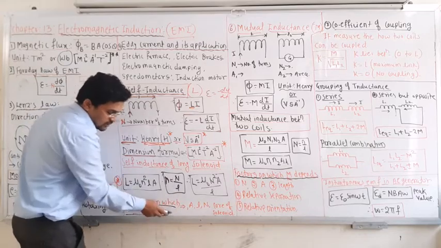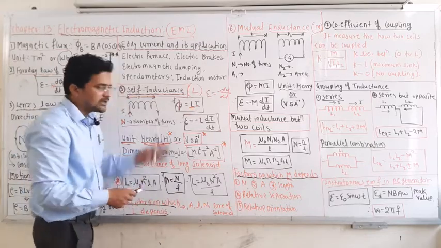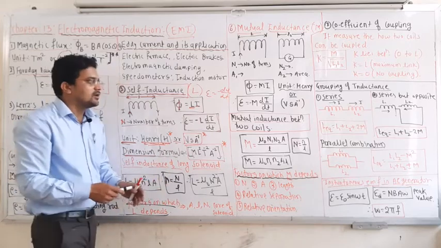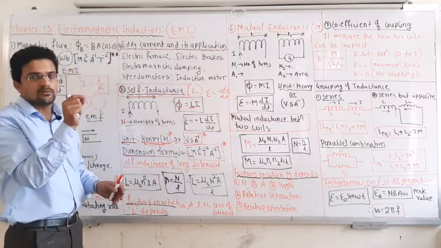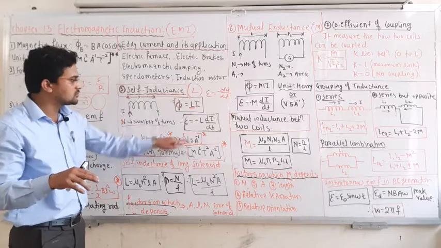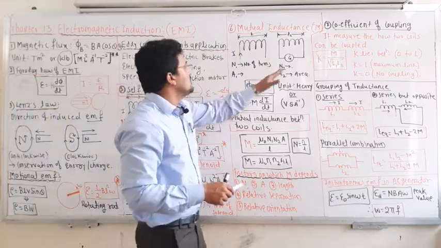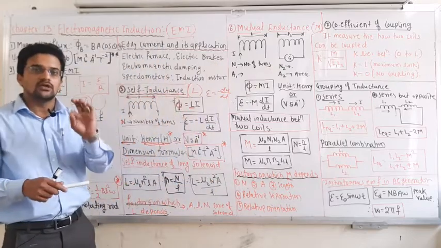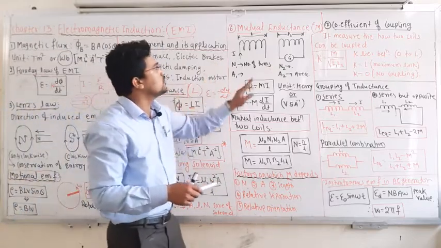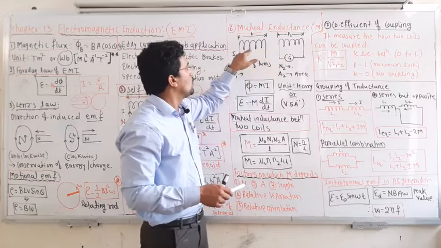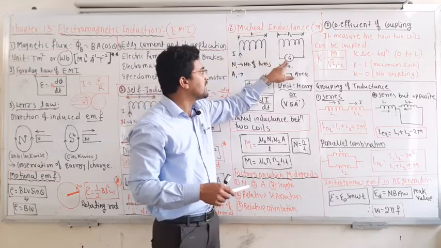Okay, so remember this also. These are the direct questions you will come across. What is the dimension of self inductance? There are 4 options, so you have to remember the right option. Okay, so next is the mutual inductance. Self inductance is only due to the single coil. Mutual inductance is due to both the coils. One coil has a current, another coil is connected to a galvanometer.